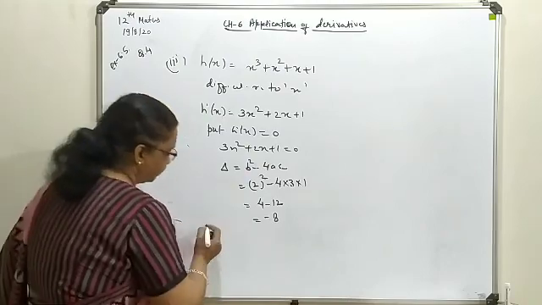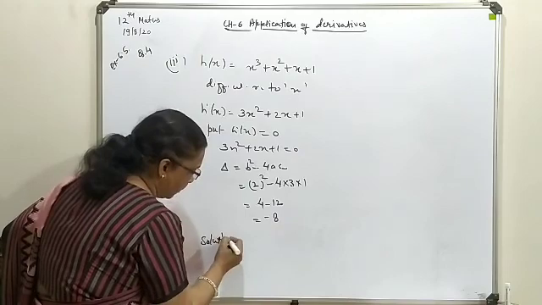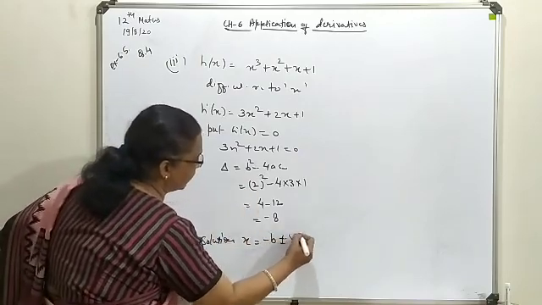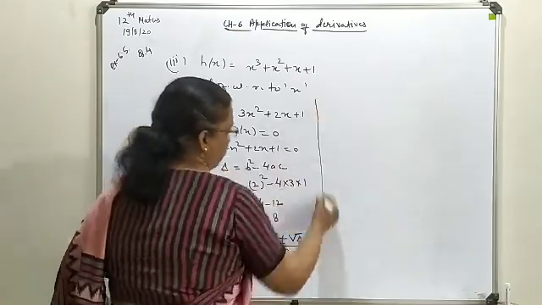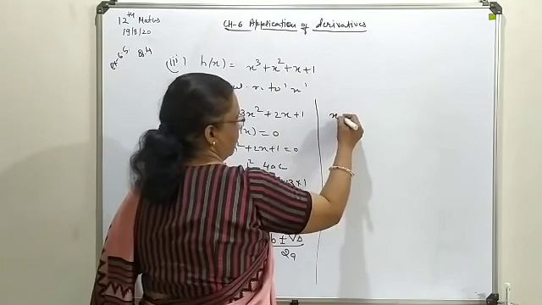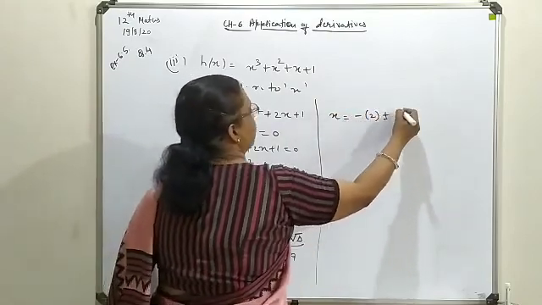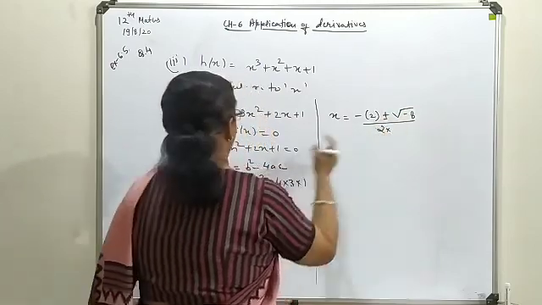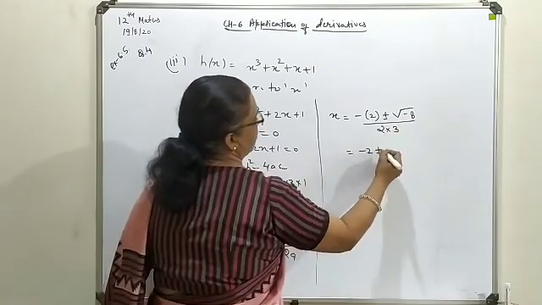So let's try to write its x solution. Solution means x equals minus b plus minus under root delta upon 2a. So as per your quadratic equation, x is equal to minus b, means minus 2, plus minus under root of minus 8, upon 2a. A is your 3. So this will give you minus 2 plus minus